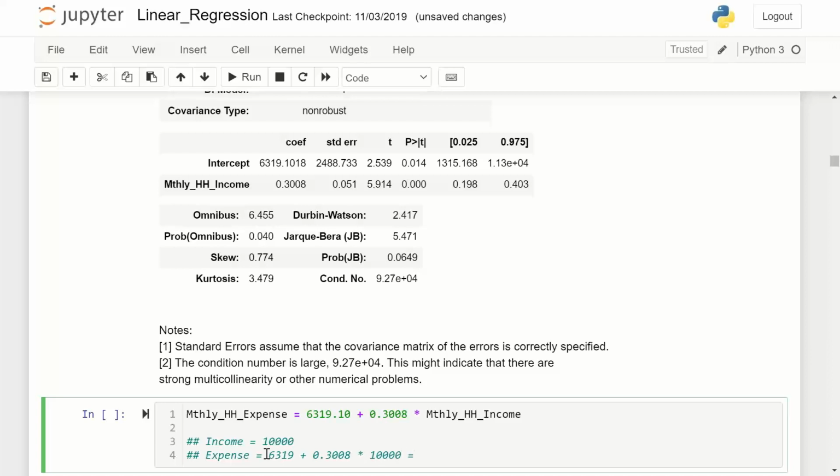This is equal to 3008. So that will become 9327 something. 9327. That will be the expense of the household.